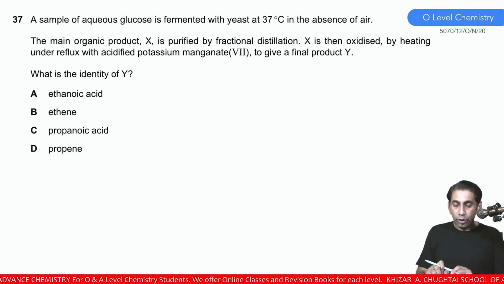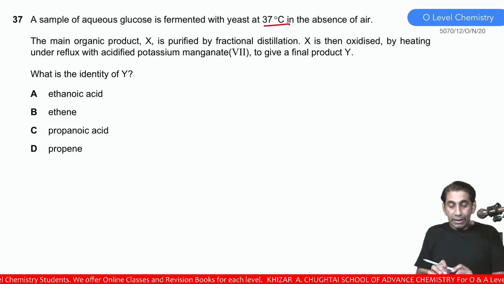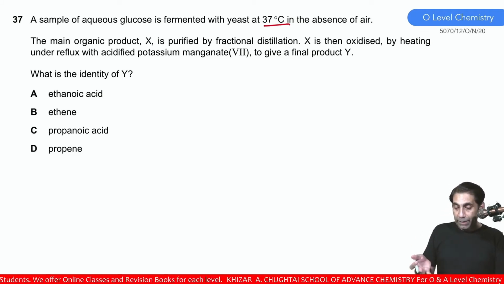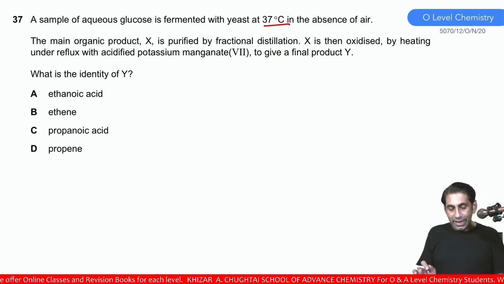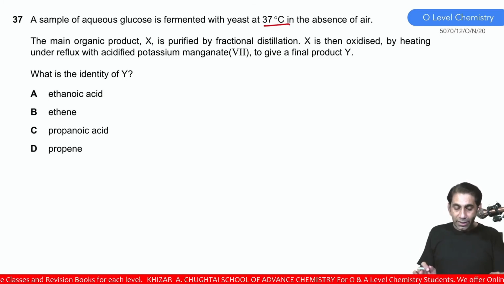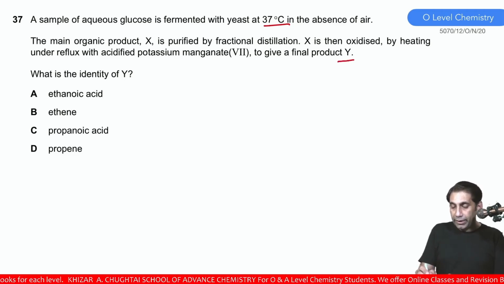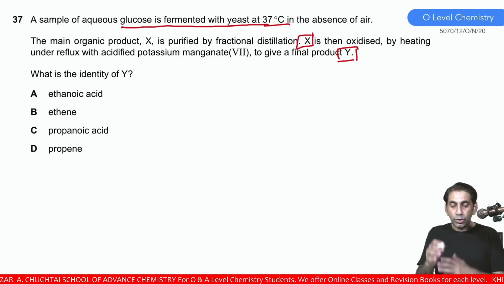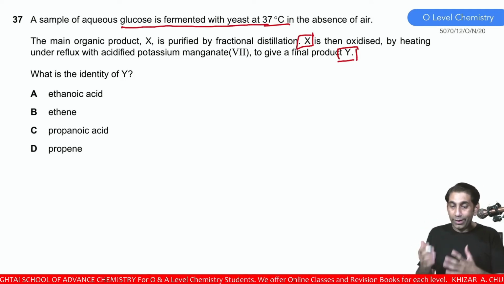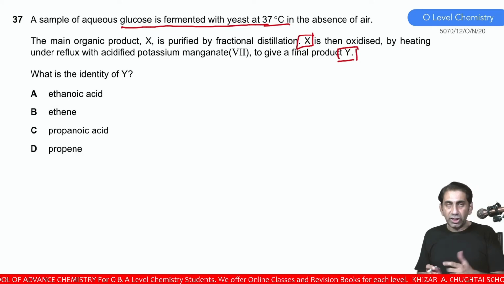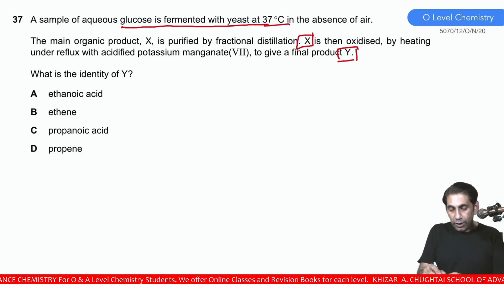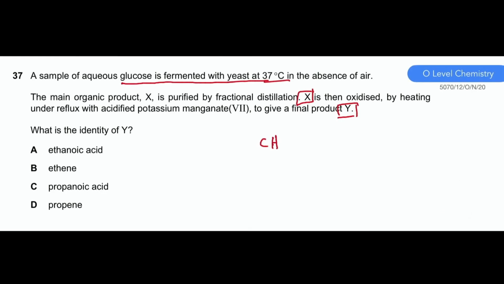A sample of aqueous glucose is fermented with a yeast at 37 degrees Celsius in the absence of air. The main organic product X is purified by fractional distillation. X is then oxidized by heating under reflux with acidified potassium manganate to give final product Y. What is X? This reaction is going to yield ethanol. The fermentation of the glucose is for the formation of ethanol,